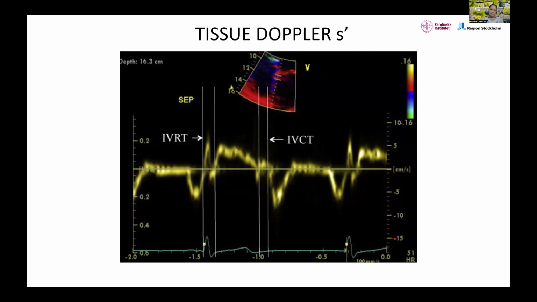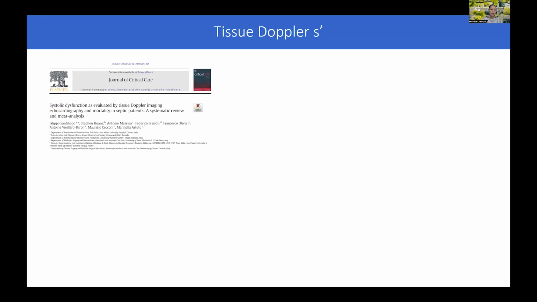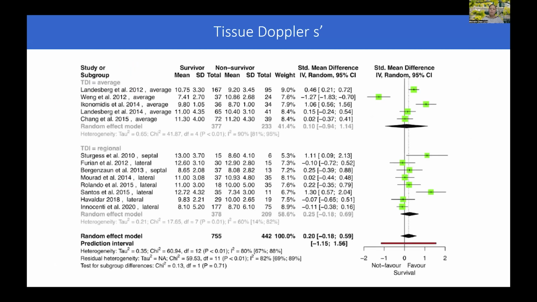Well, tissue Doppler S prime is another measure of left ventricular contractility that may help us, and it is supposed to be less load dependent. But tissue Doppler S prime doesn't seem to be very predictive or prognostic of mortality either. This was another paper by the Filippo Sanfilippo group showing that regardless of how systolic function is defined using TDI, whether you use regional TDI or average tissue Dopplers, there was no relationship with